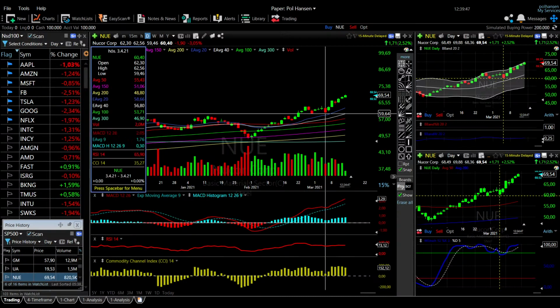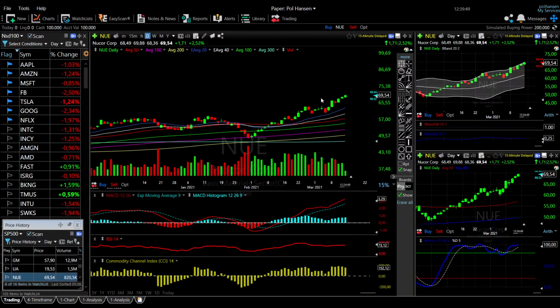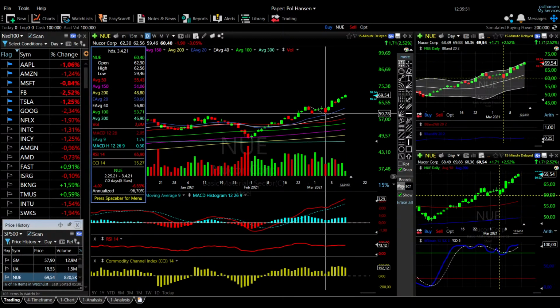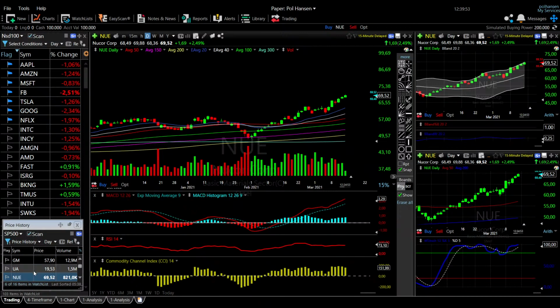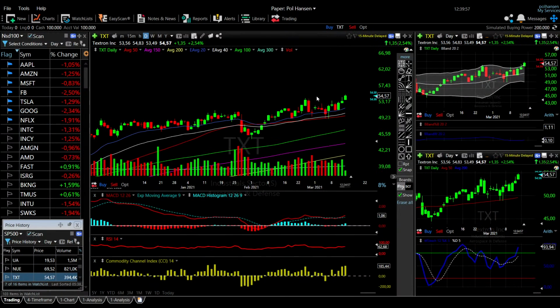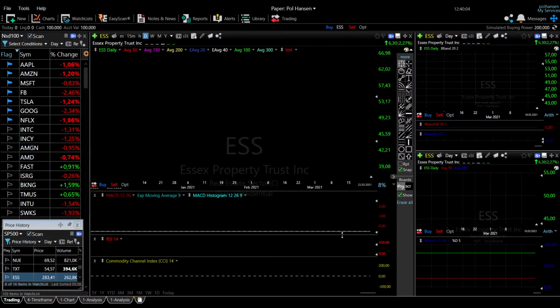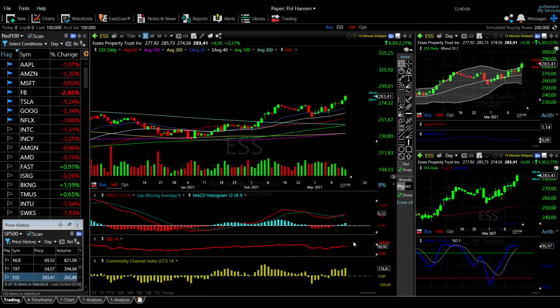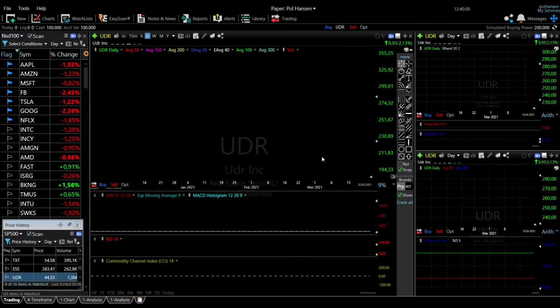This is a far safer move than to sell this. So we can look at the next one. It is TXT. This is not a very good candidate either, also outside, but we have a 62 in the RSI. ESS, no. UDR,